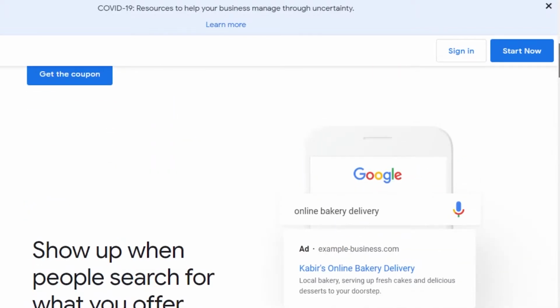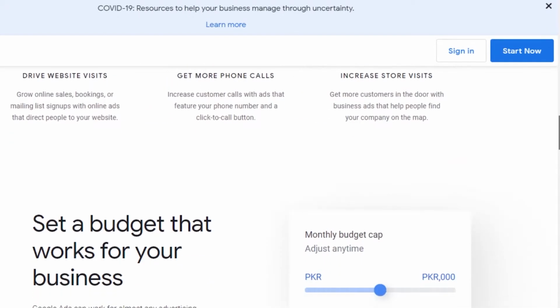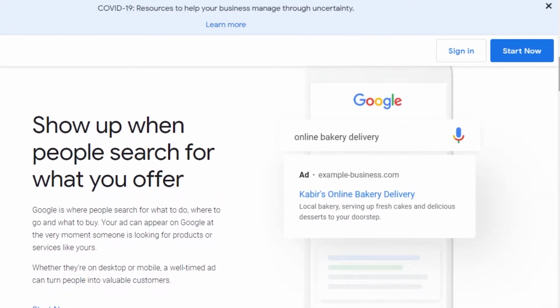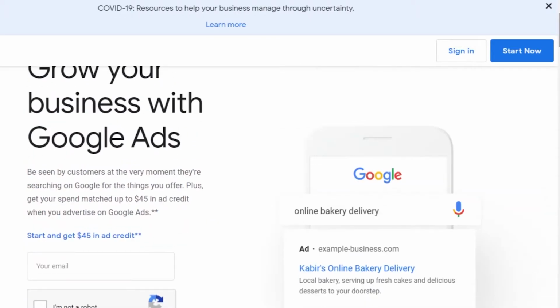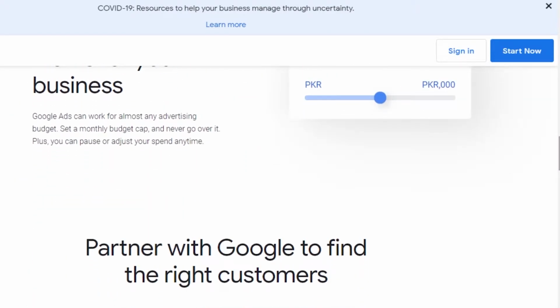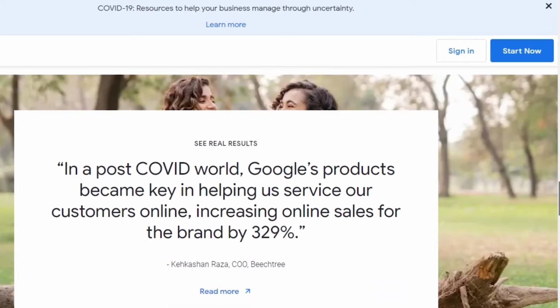How does Google Ads do that? You can see right here that you can actually search for the words that people are actually looking for on Google. For example, if you run a blog and you run a fashion blog, so your keyword is maybe trendy or your word is best clothes online. So you will be able to optimize your website and look for the words that are actually trending on Google with the help of Google Ads, and Google Ads will actually help you run your business as well,